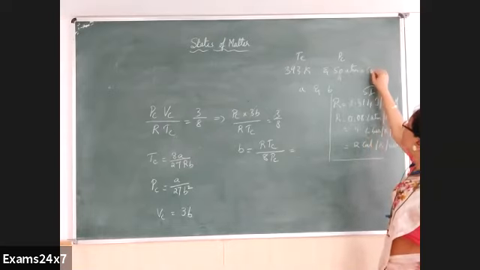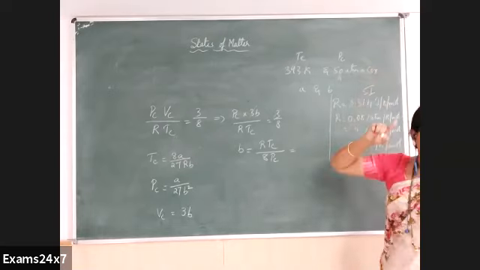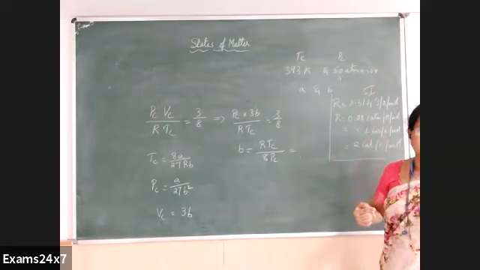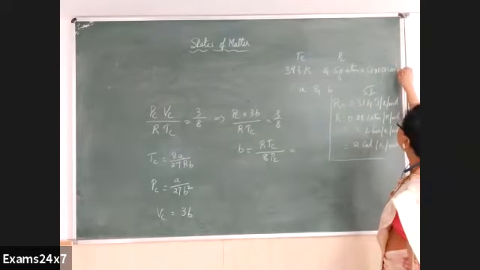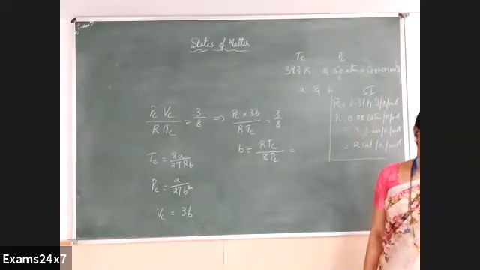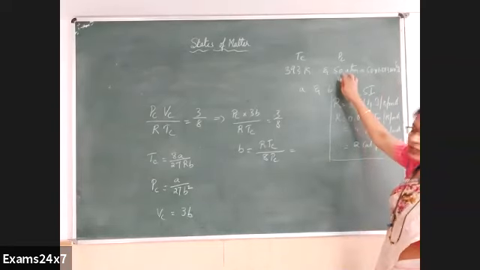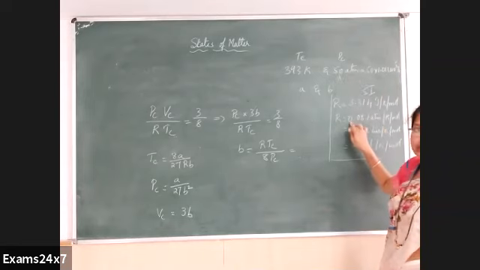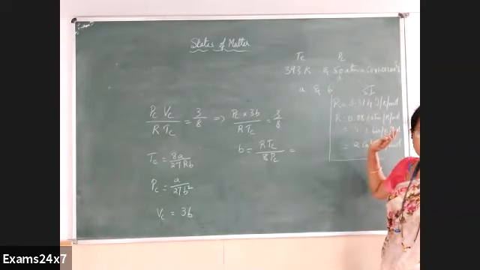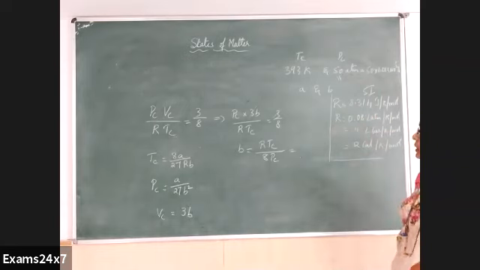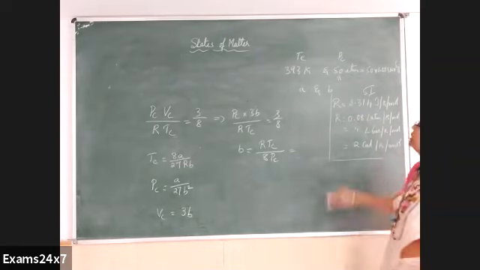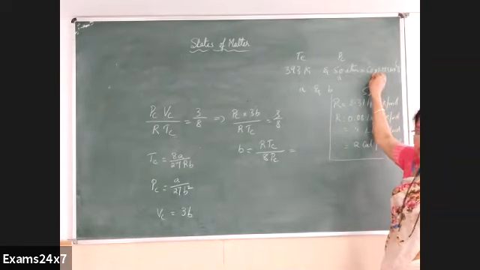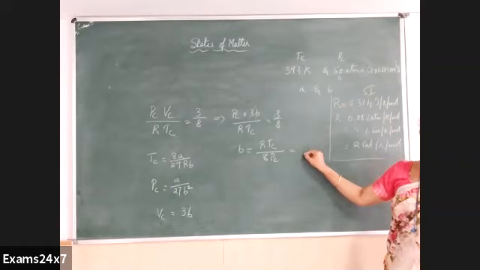50 into 1 atmosphere equal to how many kilopascal? I had given it in the beginning of the chapter. 1.013 times 10 raised to 5 Pascal. That value you have to take. Or else if you take 50 directly, then you'll use 0.08, and you will get the value accordingly in that unit. Better you convert this into the SI system itself, so that you'll get the answer in the SI system.